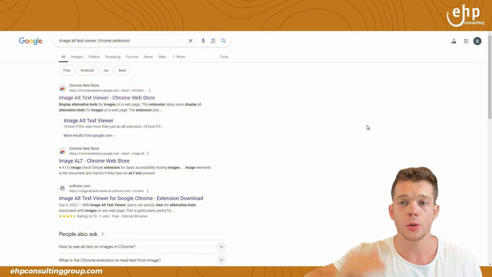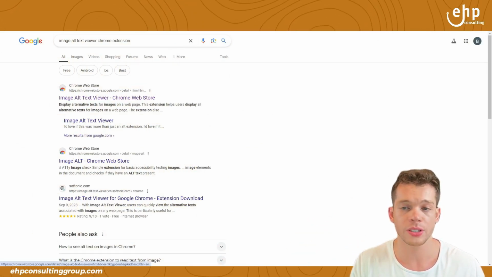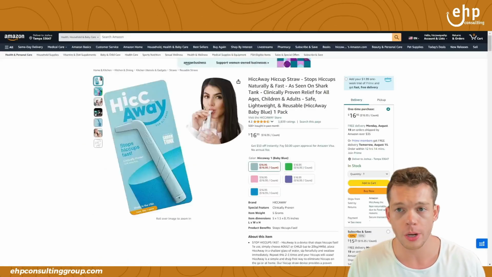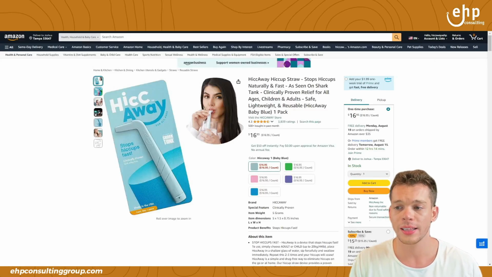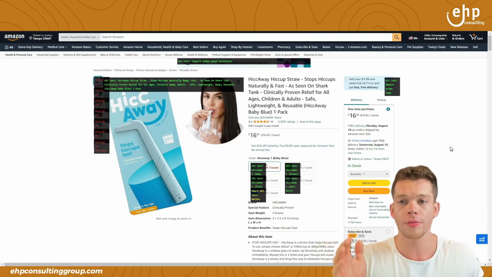So the first thing that you're going to do is go to Google Chrome and type in Image Alt Text Viewer Chrome extension. Hopefully it's still available, and you're going to click that first link. It's going to look like this in the top right corner. You're going to go to your competitor's listing, click this, bada bing, bada boom, and it's going to show you all of the alt text